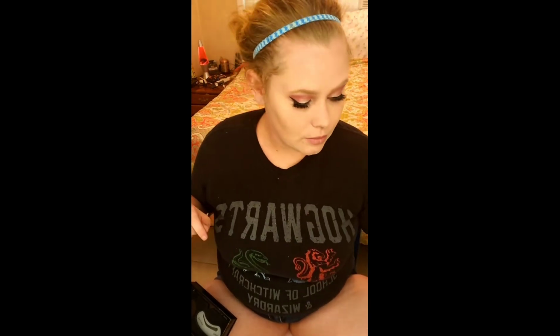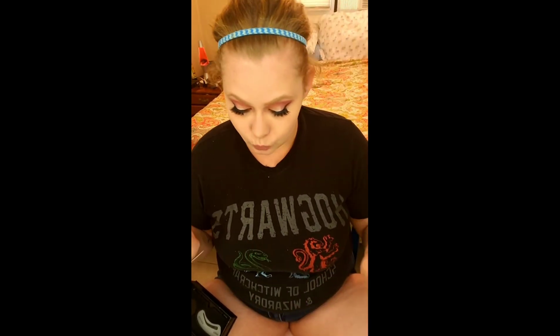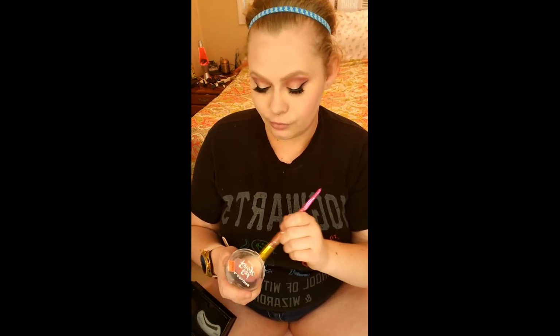This is me putting on my highlighter with my... Oh, I guess I missed the whole part where I put concealer on, guys. I was a little confused. I had put concealer on and that was me setting it. Now I'm putting on my